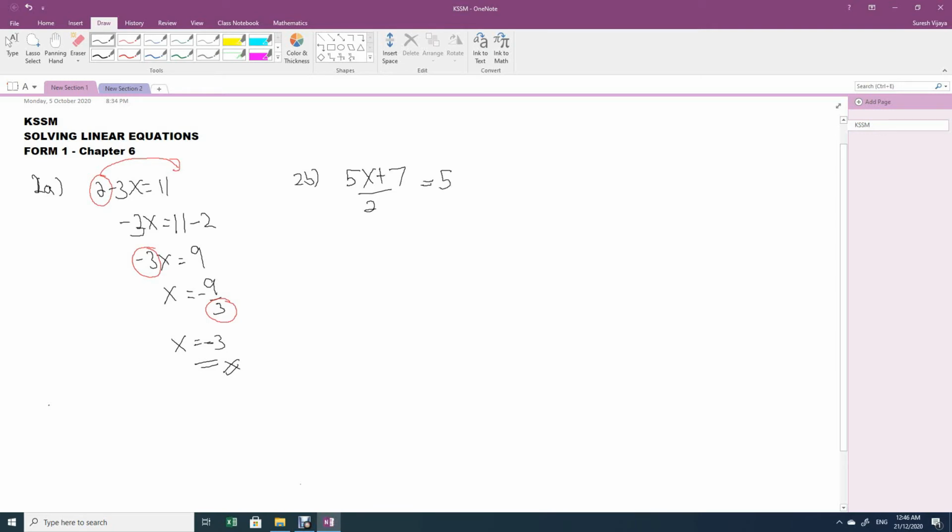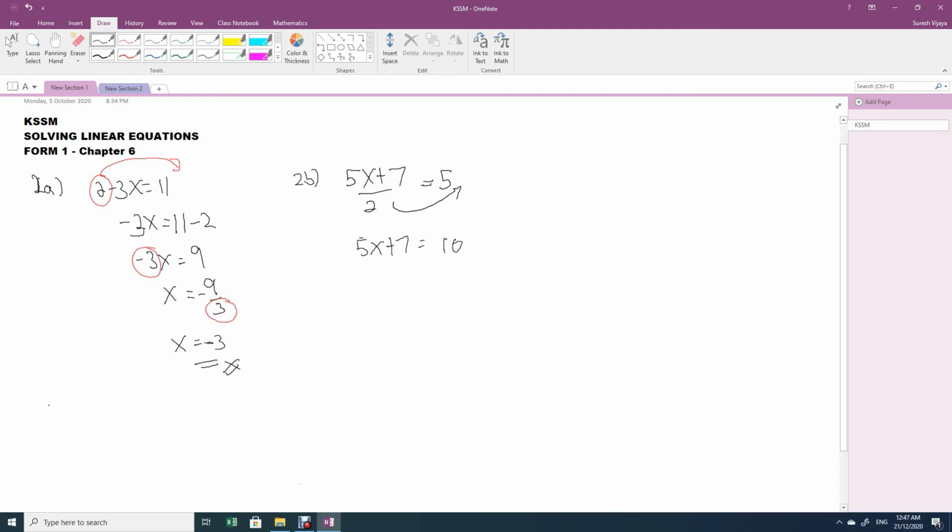Okay, so this is something different. You have seen multiplication, one number to another. Now you are seeing a number being divided. When a number is being divided, what we normally do is we try to clear out the division part. So to do that, now this is being divided. When you bring it over, or cross over the equal sign, you have to multiply. Yeah, multiply the number. So you will have 5x plus 7 equals